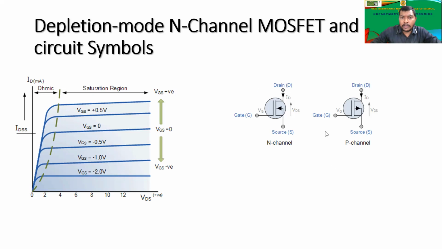Now this is the N channel symbol of the D MOSFET, that is N channel, and P channel. I guess you have understood what is the difference between that. In depletion MOSFET, we are not having any gaps between the drain and the source, right? The straight line is over there. So this straight line shows you that it is being connected. So the current is smoothly flowing through that, and the gate is supposed to deplete the current which is flowing from drain to source, right?